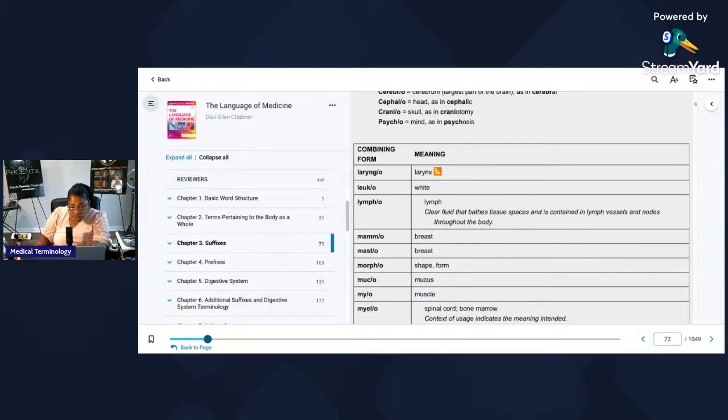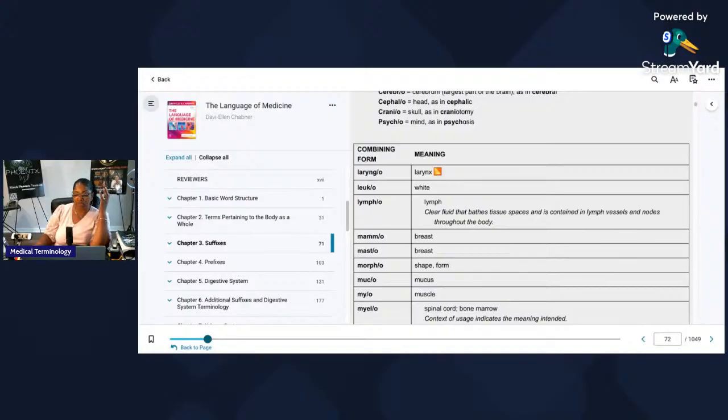See, AAPC will give you a question, and the question will have both of these in here, and they're going to ask you to choose which one. You see how this is? This one used to trip me up all the time. You see myo and muscle, the nephro. I'll tell you, it used to trip me up all the time.